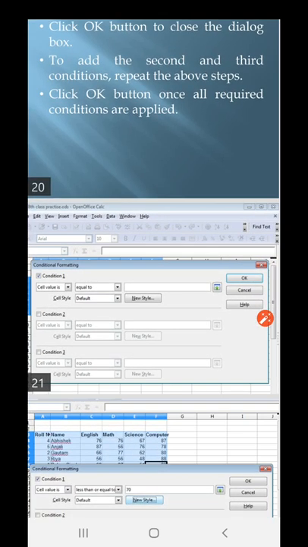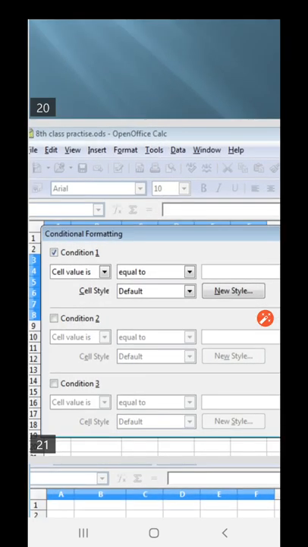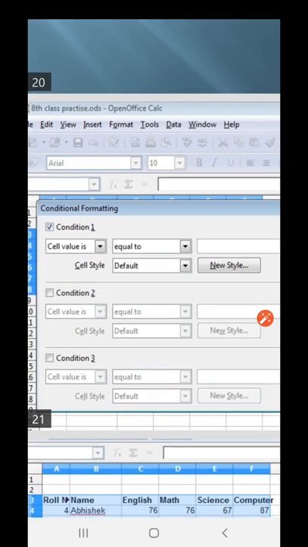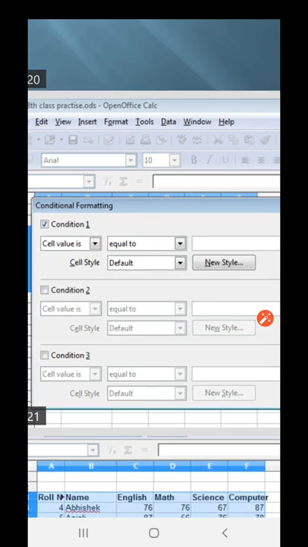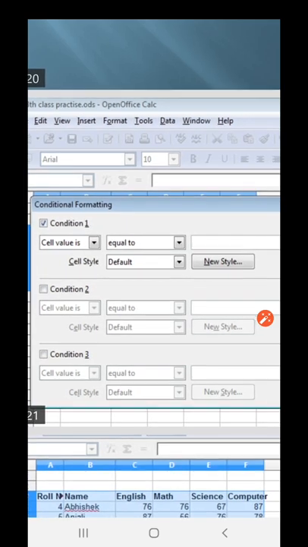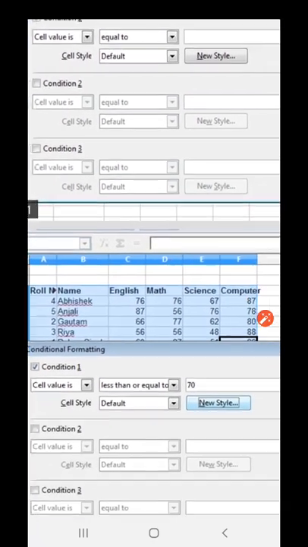When the conditional formatting dialog box opens up, you need to select Cell value in Condition 1. You can see here, equal to. There are many options like less than or equal to, greater than or equal to, less than. We can select any option of our choice.